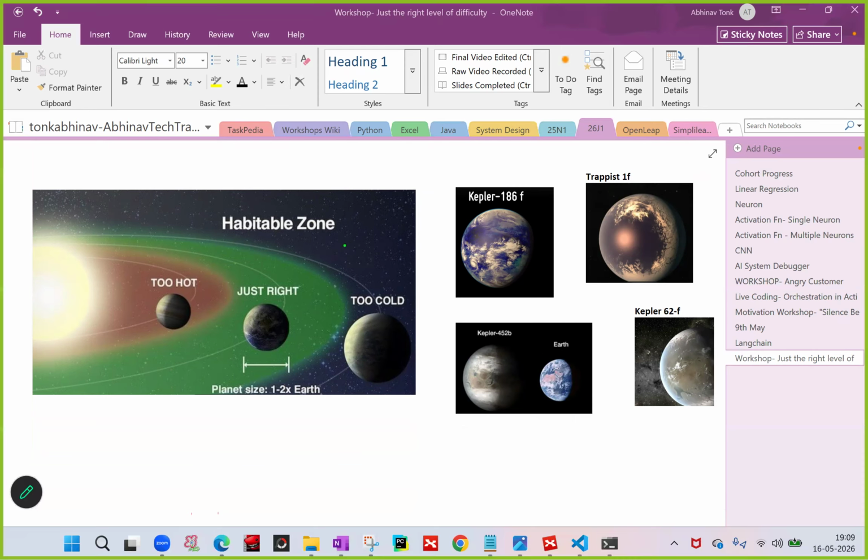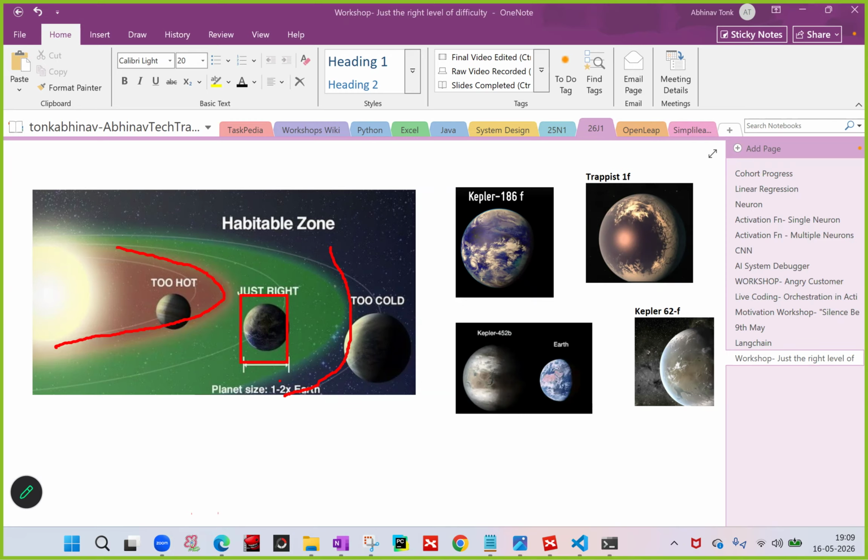Why? If we take the example of our solar system, there are three zones: a zone which is too hot, and a zone which is too cold. So Earth lies in a habitable zone, which is just the right zone for Earth, and that's where